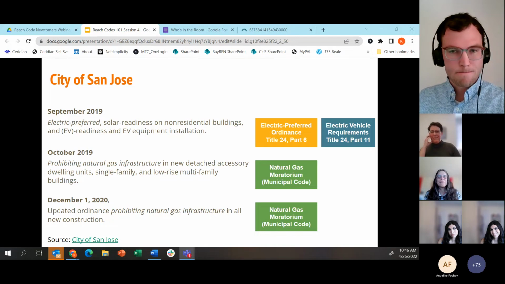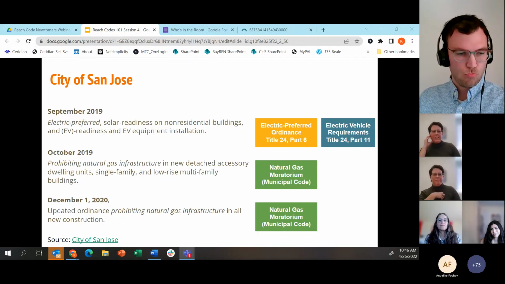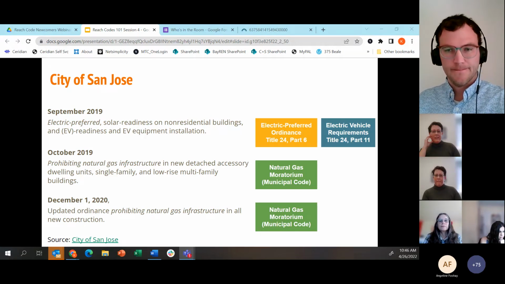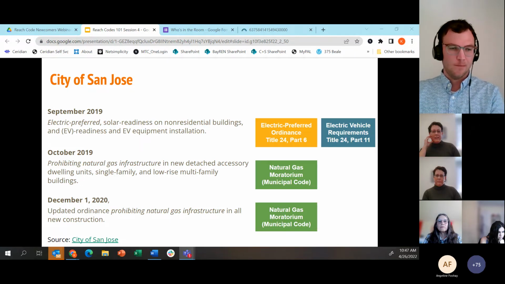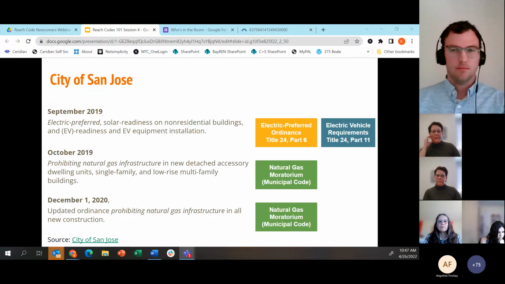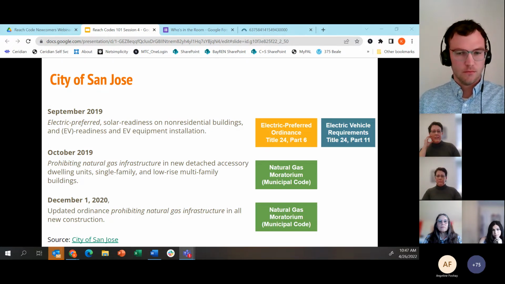So maybe some history would help, because it is a little bit of an evolving challenge. Part 11 interacts with Part 6, so it gets complicated quickly in certain areas, because the way CalGreen was designed was that it has, intentionally, because it has elements that are optional, it is a little bit of the experimentation zone.